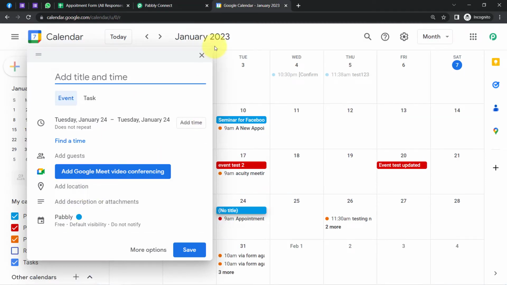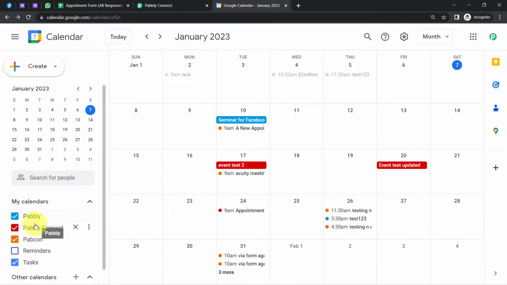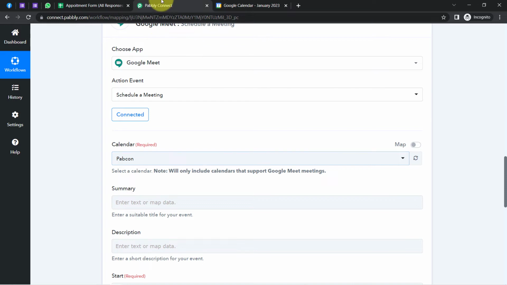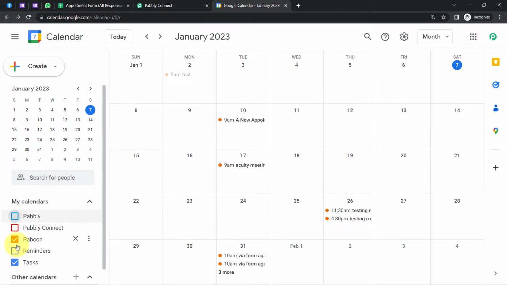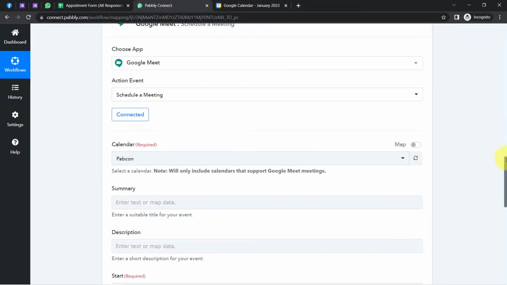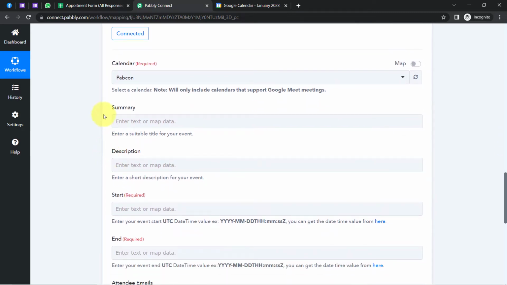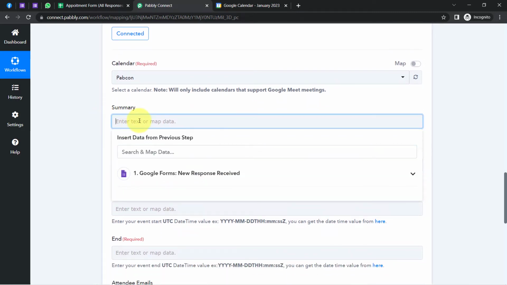And here we have several calendars, and I'm going to select this Pabbly one only. And where do we have the Pabbly? And yes, we have the Pabbly calendar. Let me deselect the other calendars. Now it is asking for the summary and the description. So how about I provide something like new online